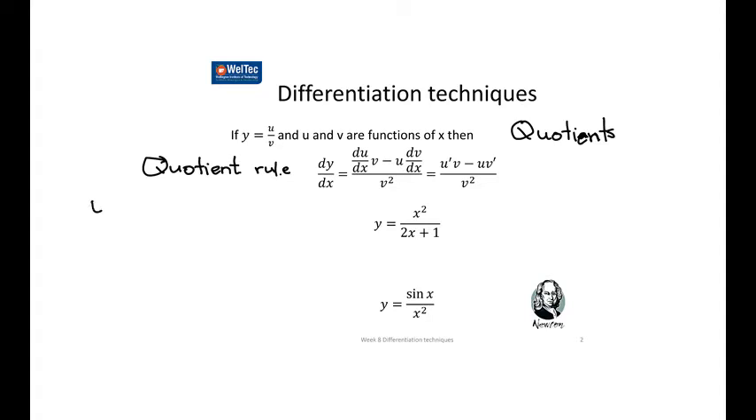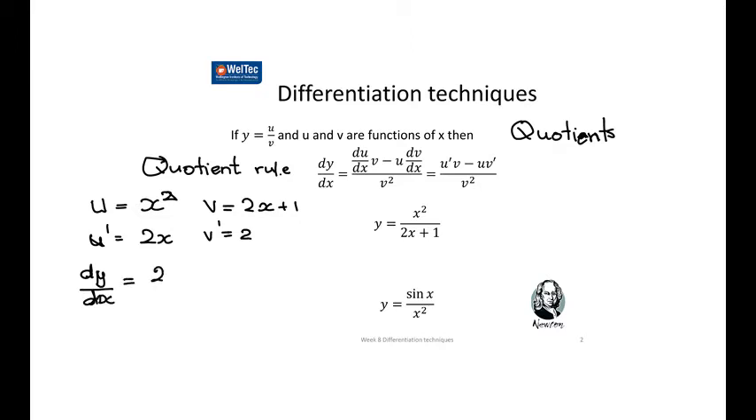So let's make u equal to x squared, and let's make v equal to 2x plus 1. So u dash equals 2x and v dash equals 2. So then the derivative is equal to 2x